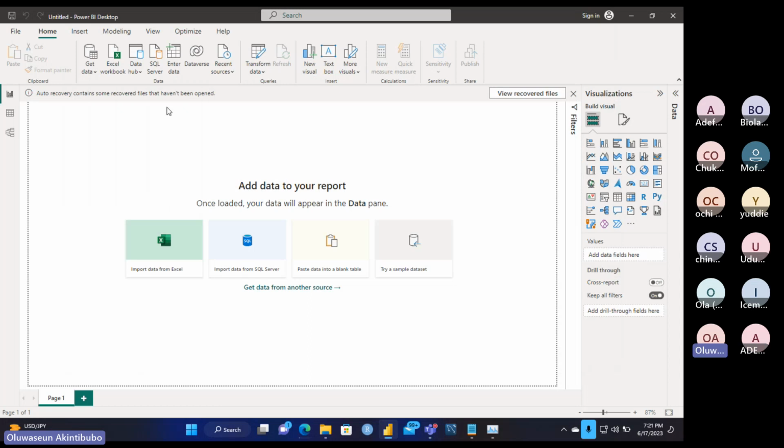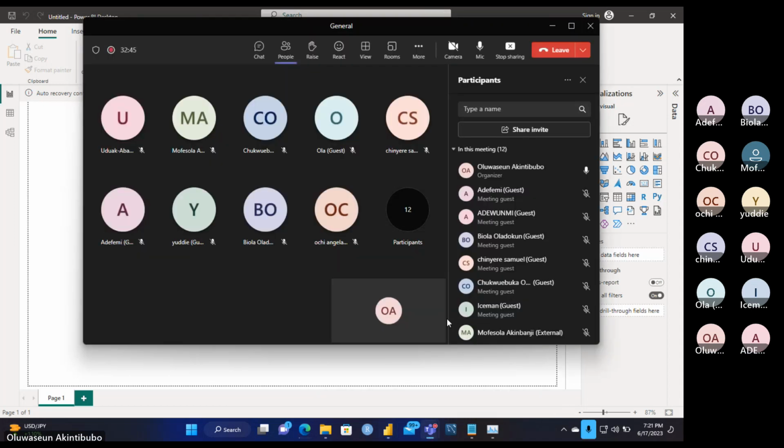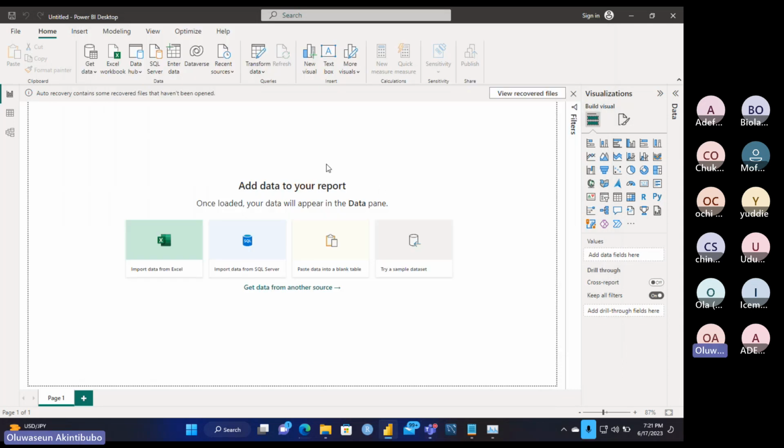So yesterday we looked at how to get data. Yesterday we looked at how to connect our environments to data, or how to bring data into this environment.